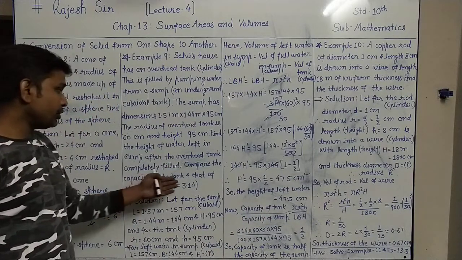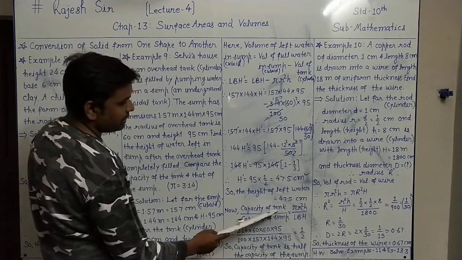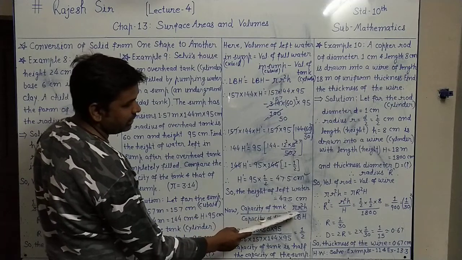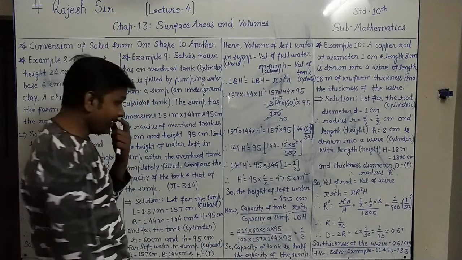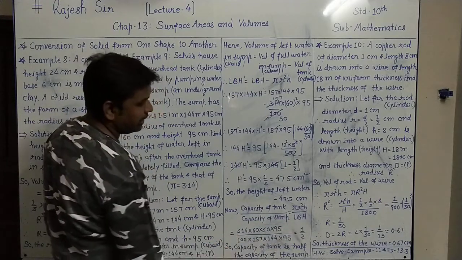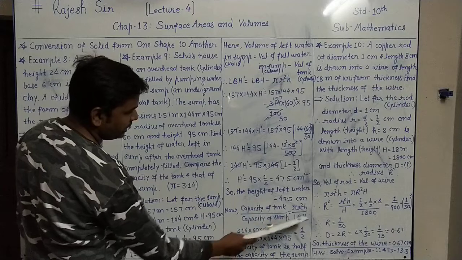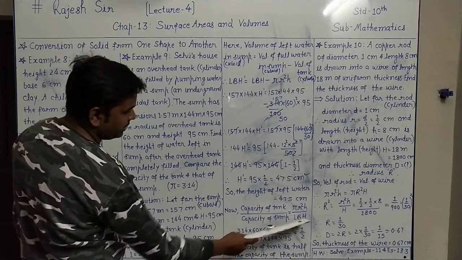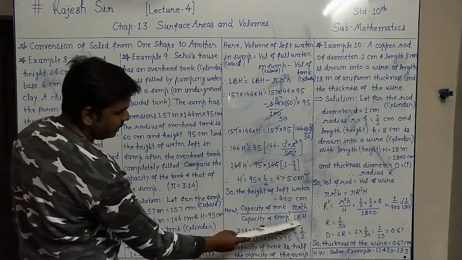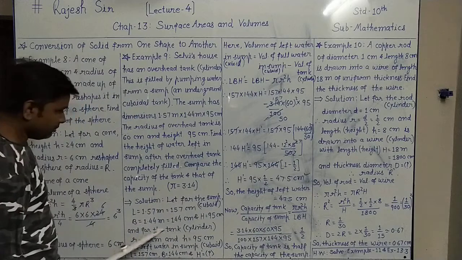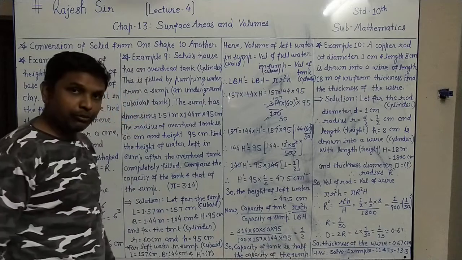Now we want to compare the capacities of tank and sum. So capacity of tank upon capacity of sum. Because capacity of tank is cylindrical, the volume of cylinder is pi r square h up and down. Capacity of sum is cuboidal. Its volume is capital L B H. We have to place all the values. Pi is 3.14, r square means 60 into 60 into h is 95. To remove this 3.14 point, we have taken 100 here, and this L, B and h for the sum are 157, 144, 95. All we have placed.